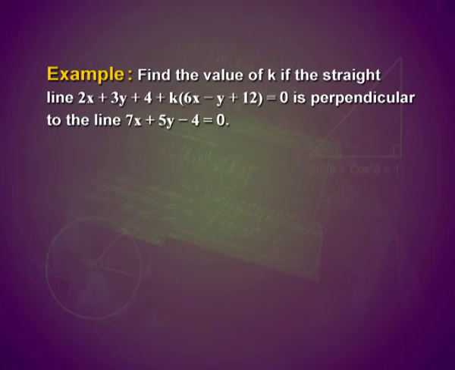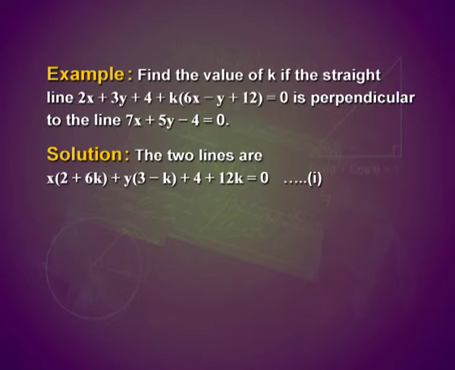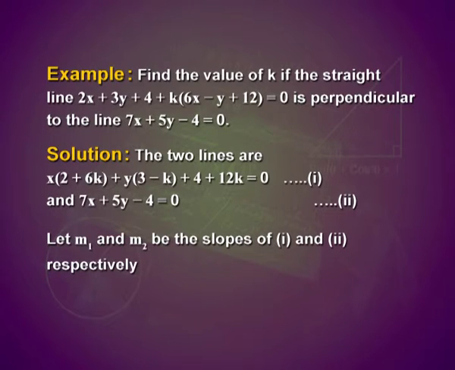Look into the solution. The two lines are x(2 + 6k) + y(3 − k) + 4 + 12k = 0. Take this as equation 1 and 7x + 5y − 4 = 0. Take this as equation 2. Let m1 and m2 be the slopes of equations 1 and 2 respectively. Then we have m1 is equal to −(2 + 6k)/(3 − k) and m2 is equal to